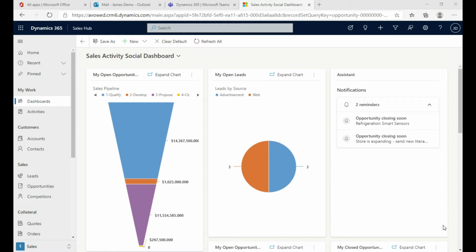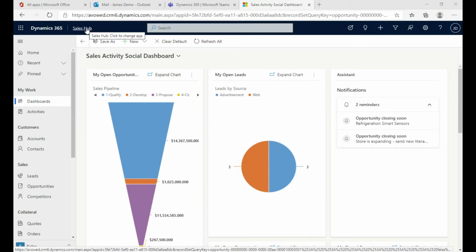So with Dynamics, what you have is an underlying platform where you can capture data, present the data, and report the data. So when you come into the Sales Hub, what you'll see here is that Sales Hub is outlined. You can rename that and have your own individual organizational hub. You can also theme the layout so that you have different colors, but as I mentioned, this is just the